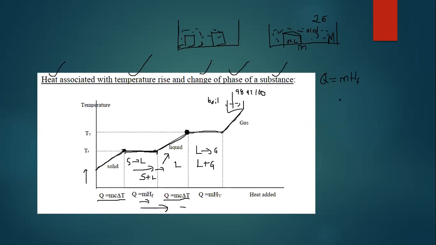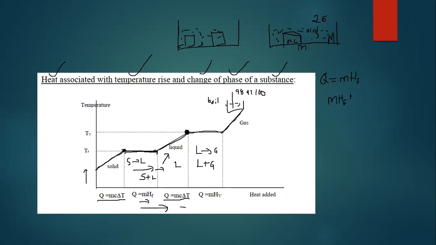Now, in the equation, we know that energy gained should be equal to the energy lost. So on one side of the equation, we'll write mass times the heat of fusion of water